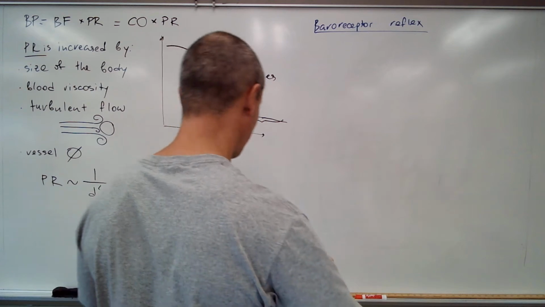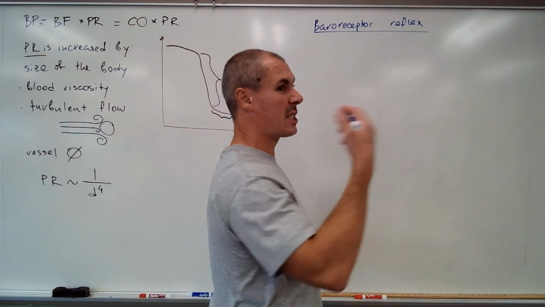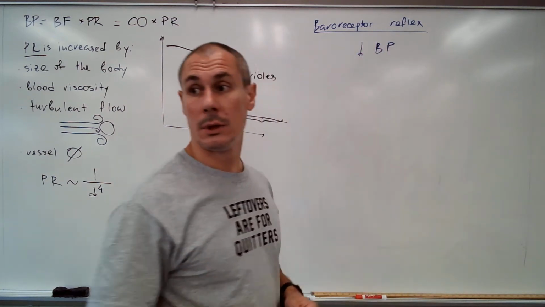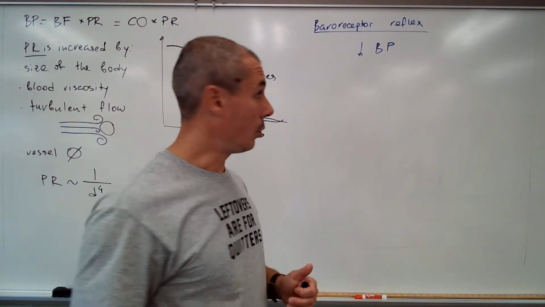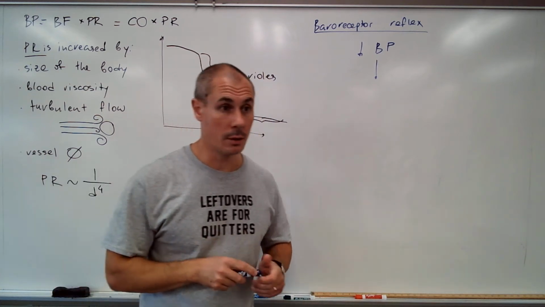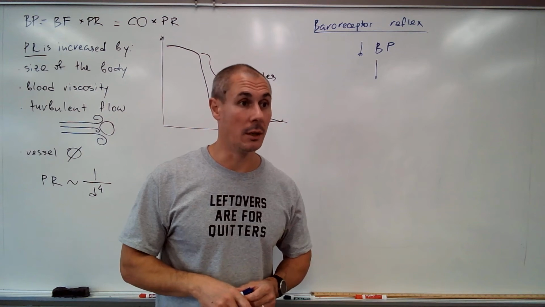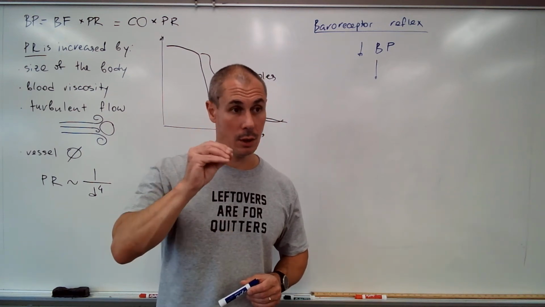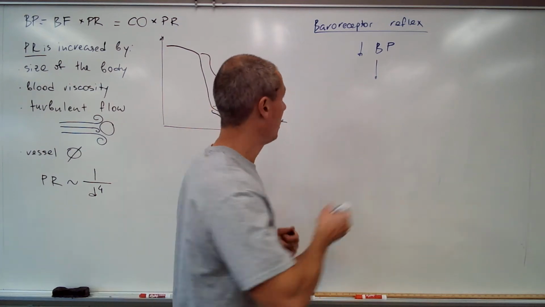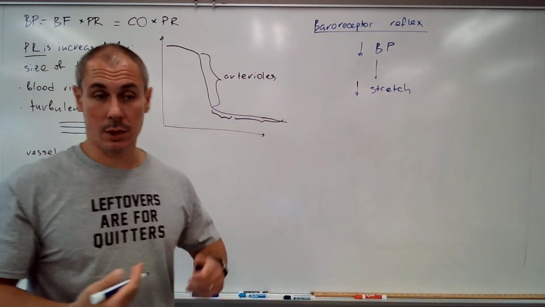So, in baroreceptor reflex, what you start with is some change in the blood pressure. Say you have a low blood pressure. How does low blood pressure alter the stretch of the blood vessels? Elastic blood vessels. If blood pressure is low, are they stretched more or less? Less, of course. So this is the mechanical stimulus, decreased stretch